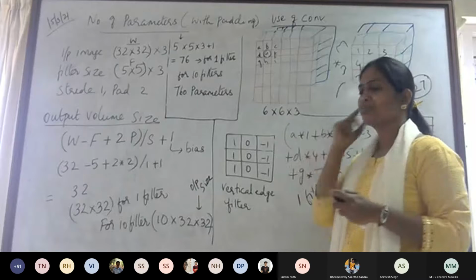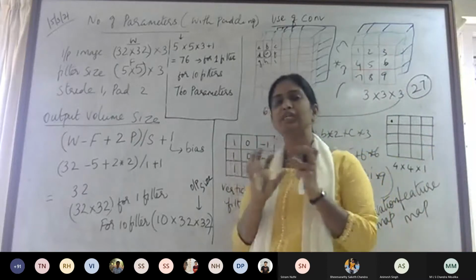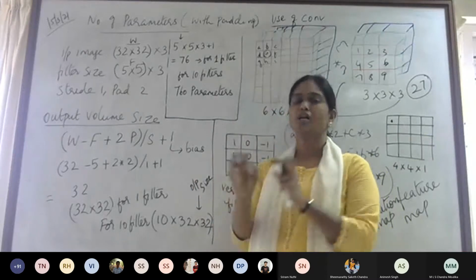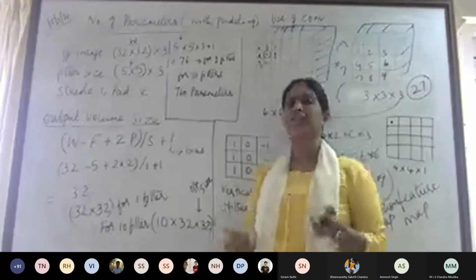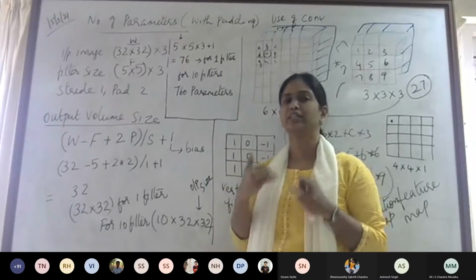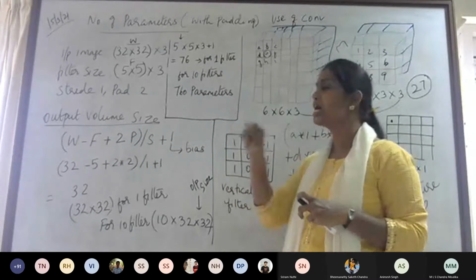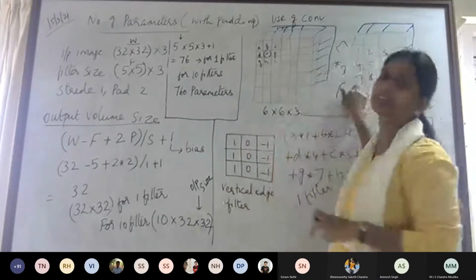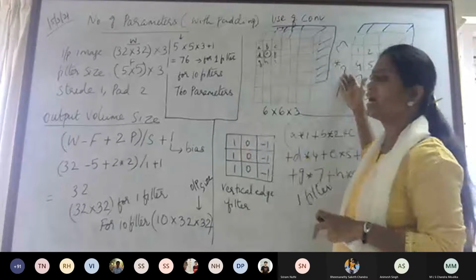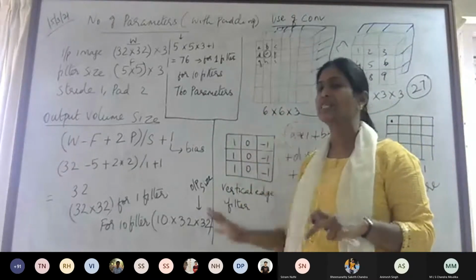Okay. Suppose I want to detect the vertical edges that are present only in the red color portion, as my image will have several colors. Only from the red color objects, if I want to detect the edges, then I will apply these coefficients only for the red channel of my filter. Okay. For the green and blue, I will give zeros. All 9 elements will be zeros.